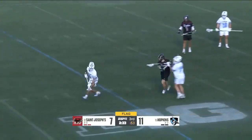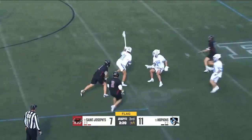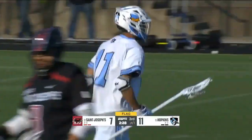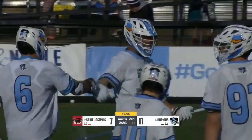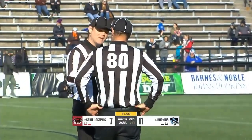For these players to run around the lacrosse field and cross-check guys up by the shoulder or neck area, I'm not sure what they're thinking, what they're watching, or what they're being coached. But this is an easy call, and this is a highly dangerous play. So many things can happen when you get that stick, especially thrust. And I think what the officials now are talking about...